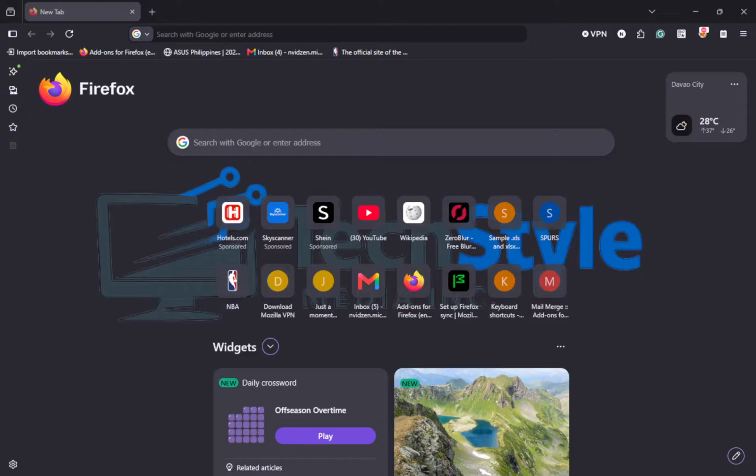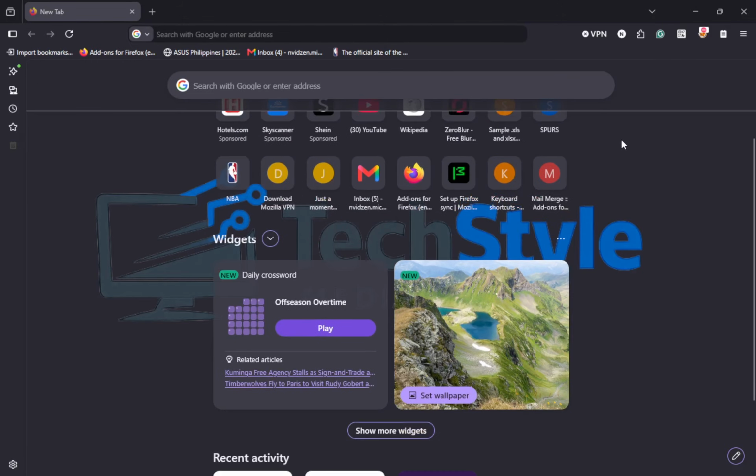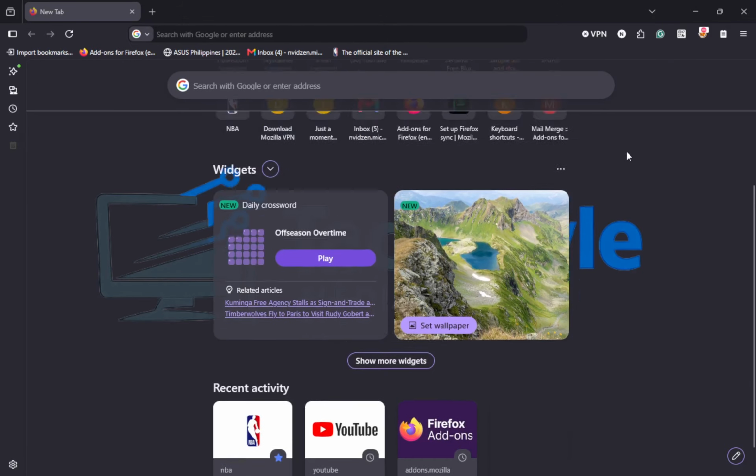Let's get started. First, open Firefox on your computer. Take a moment to make sure it is fully open and you can see the main browser window. If you usually keep several browsers, like Chrome or Edge, double-check that the Firefox icon is the one you clicked, so you change the right browser.